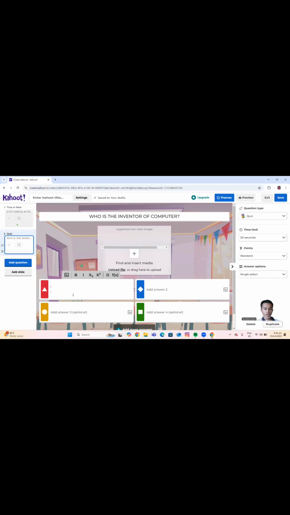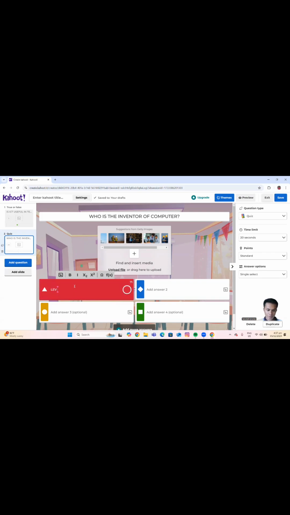For the question, you can easily input here: who is the inventor of the computer. Among the four blanks, you can put only one correct answer, and the other three boxes are wrong answers. So let us put here,